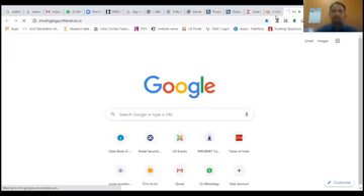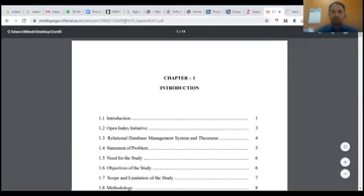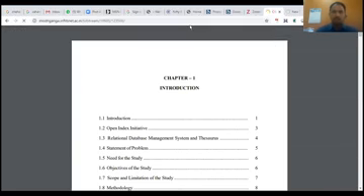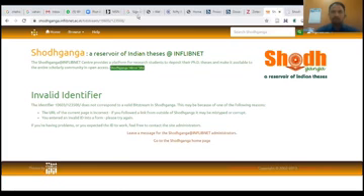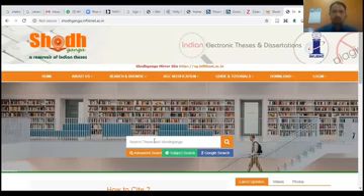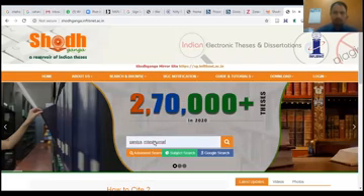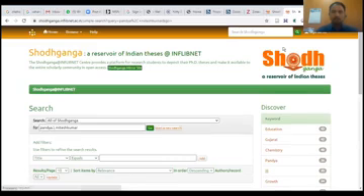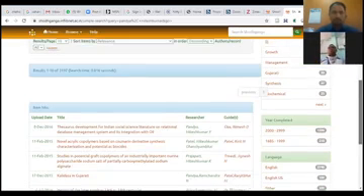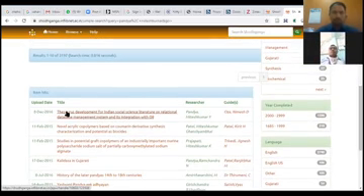I'll go to Shodhganga, and there, see, I'm redirected to this particular page. I don't want to go to a page. I wanted to go to the home page of that thesis. So here I will type my name. Here you see the icon will change accordingly. Sometimes if it is not synchronizing, then it may not change, but in most cases it will change.